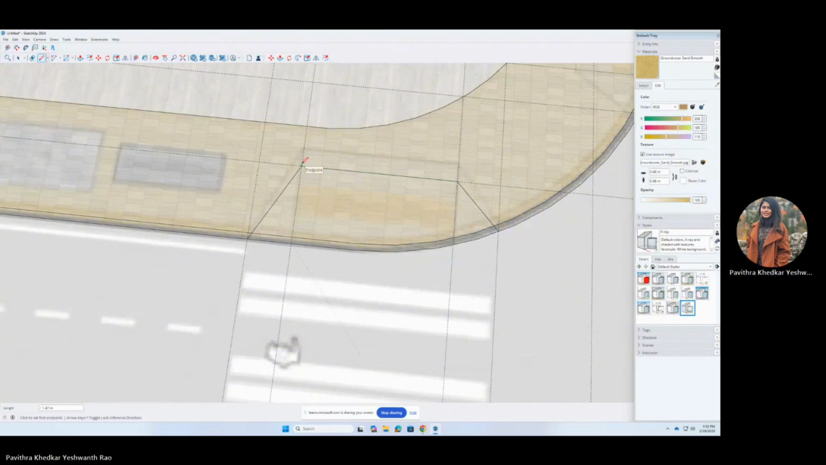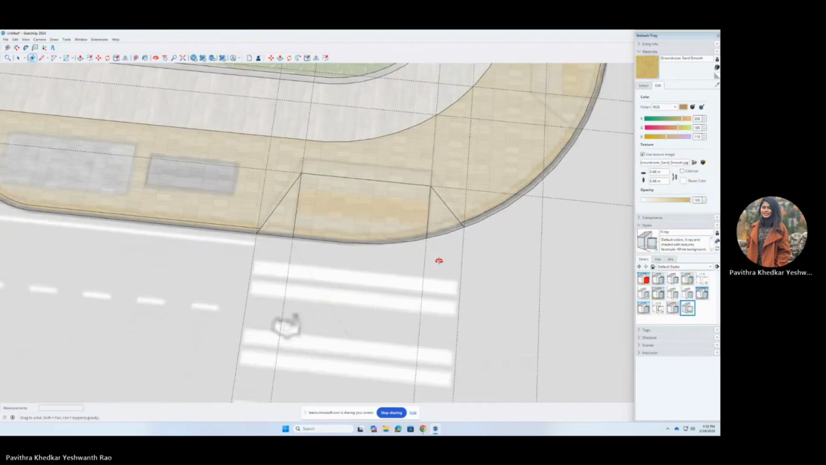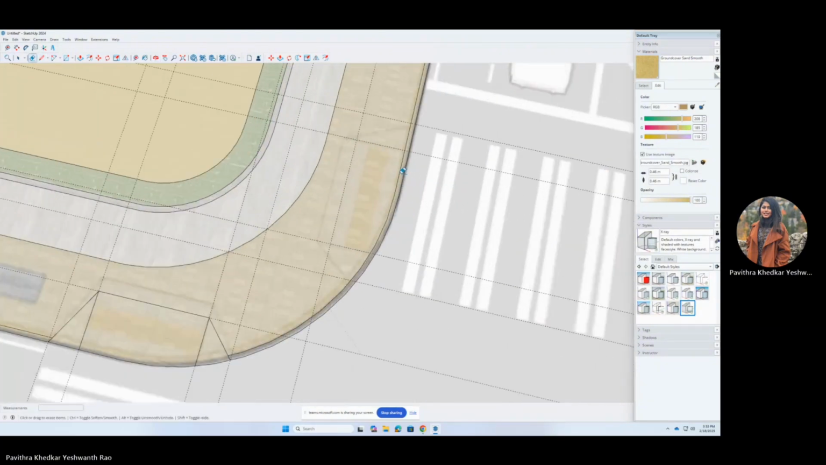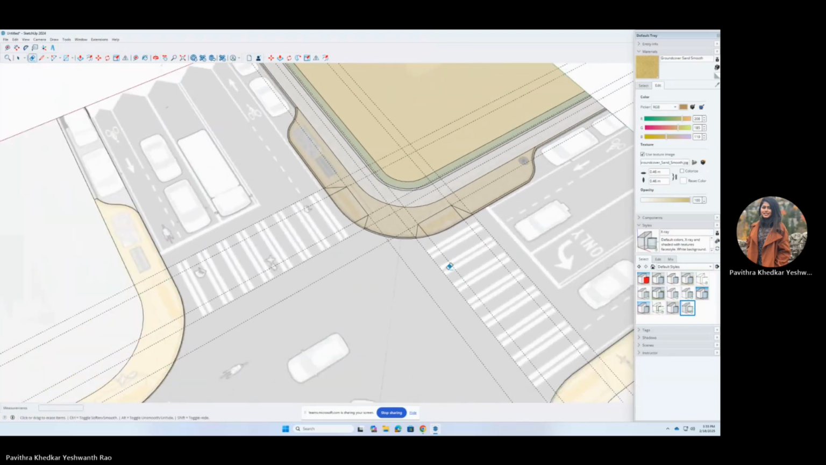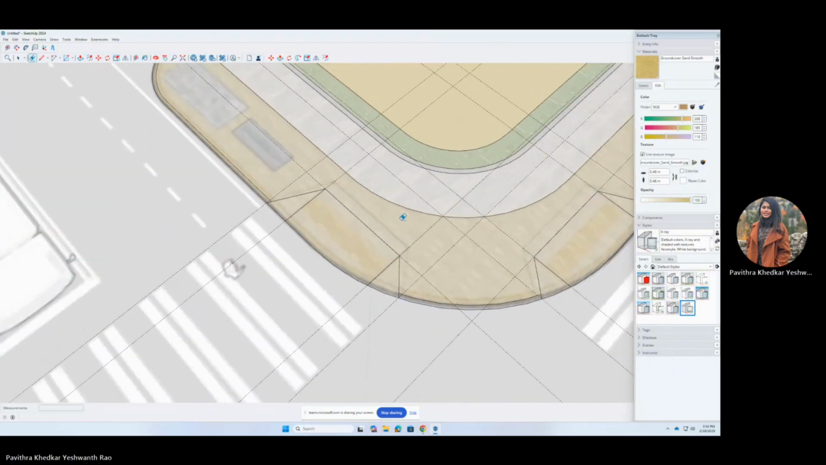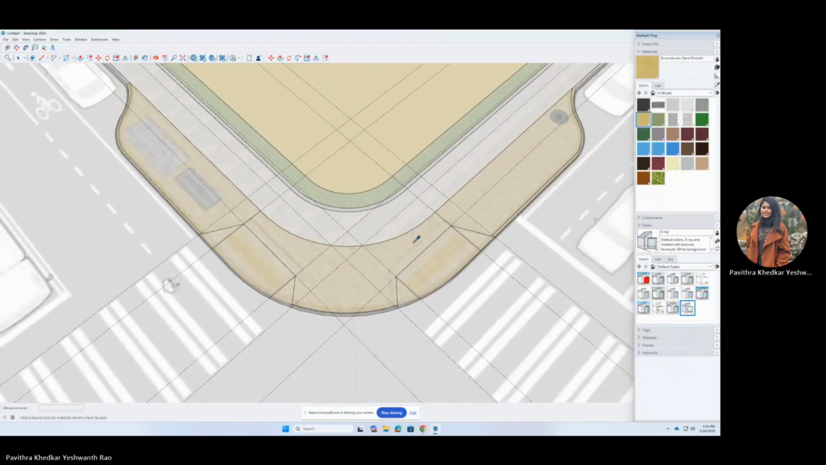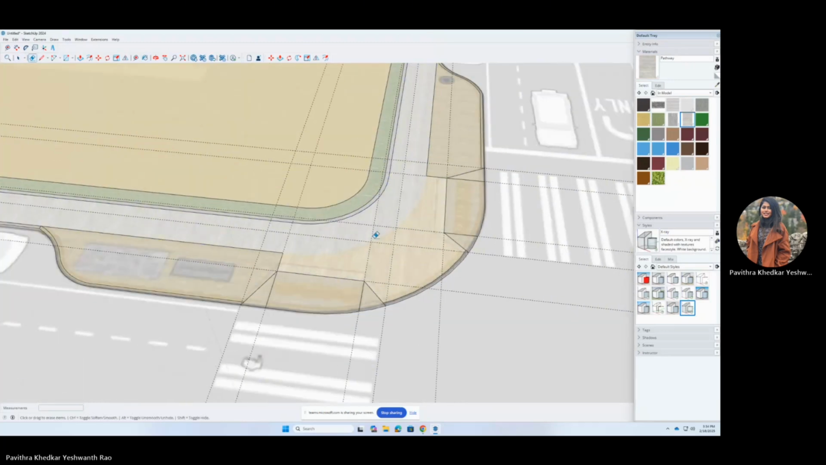Smooth out any sharp edges on the pavement to create a clean transition. Adding thickness to the curb. Extrude the curb to the appropriate height using the push or pull tool. Check that the material is applied correctly and that the edges align with the overall design, creating a sloped curb